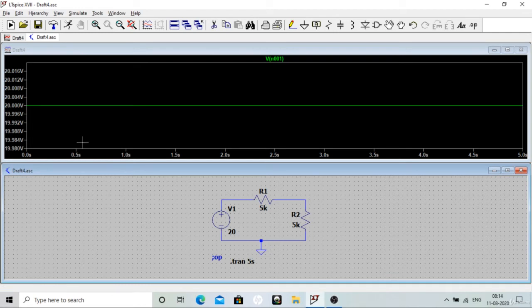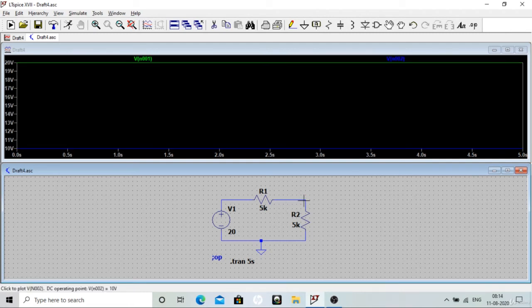So you can see it is 20 volts and it is going from 0 to 5 seconds because you have defined your transient analysis to be of 5 seconds. And since it's a DC circuit, no time domain signal is applied, hence the value is constant at 20 volt. Similarly, this voltage, I clicked it, left click,